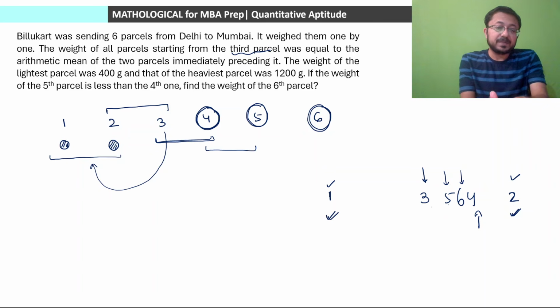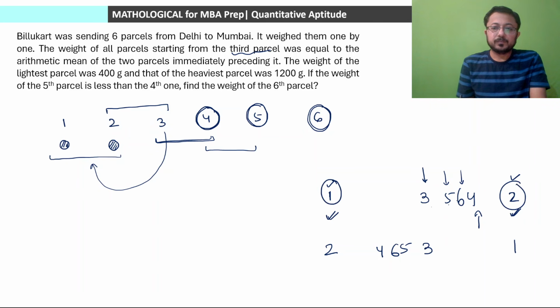Not necessarily respectively, इसका अपोजिट भी हो सकता है. ठीक है, कि हम 2 को रखें लाइटेस्ट, 1 को रखें हेवीएस्ट, बट तब भी यही होगा. थर्ड विल बी इन द मिडिल, एवरेज ऑफ 1 and 2. फोर्थ विल बी एवरेज ऑफ 2 and 3. फिफ्थ विल बी एवरेज ऑफ 3 and 4, and sixth will be average of 4 and 5. So either way, either 1 is the lightest and 2 is the heaviest, or 2 is the lightest and 1 is the heaviest. इन दोनों में से ही कोई एक केस होगा.